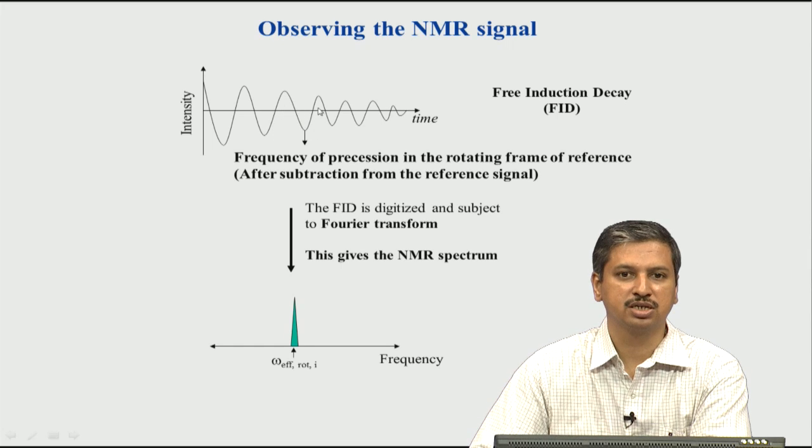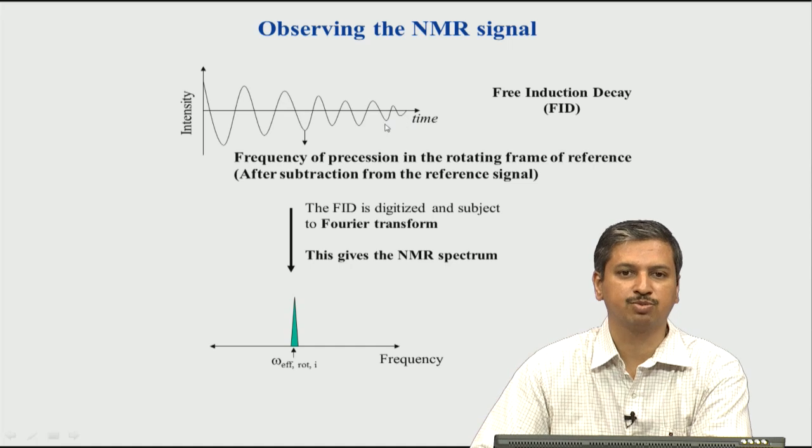How do you digitize this? We will see the components of digitization when we come to the hardware part of the course. But what is happening essentially is that you take points at equal intervals of time. So, instead of collecting the signal as a continuous wave, it is recorded in a discrete manner by collecting points at different times. By doing that, we use the word digitization. So, we are digitizing the FID,